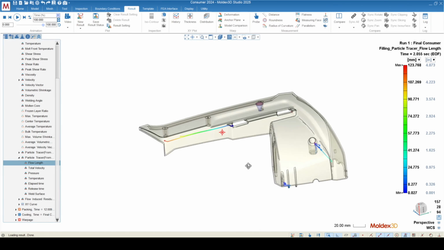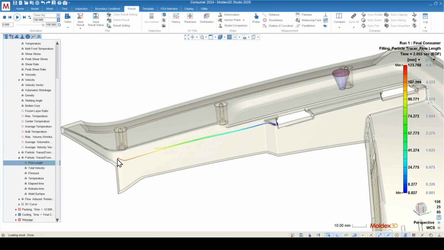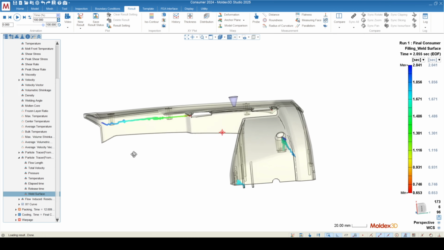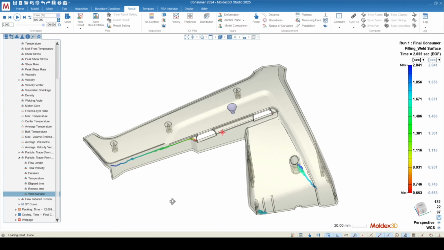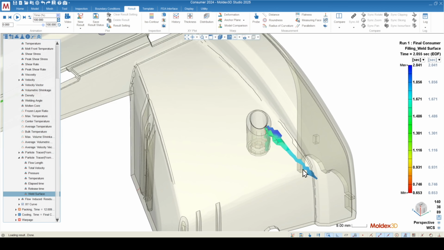And that will give me a history of where the particles started from and where they ended up in the part geometry after the fill is completed. Furthermore, we can actually trace what elements these particles traveled through. And so if I use the weld surface result, we get a more visual description of what elements that particle traveled through, and that will be a better visual indicator of how long that weld line could show on the